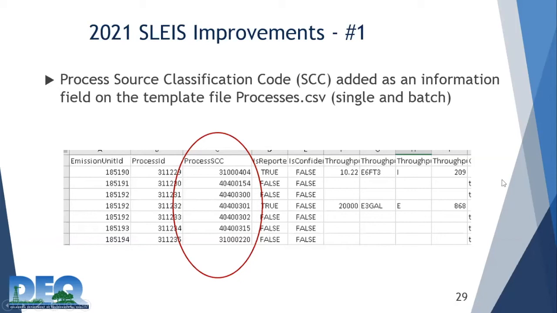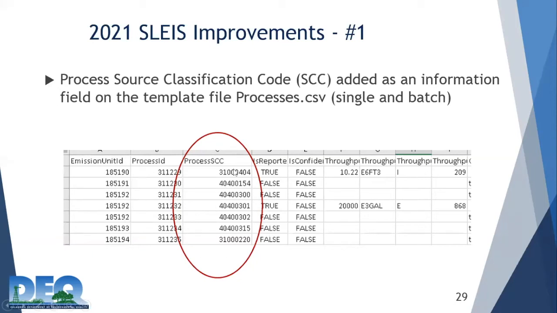So if you were using the template file instead of the front end of SLEIS for reporting, then it may have been difficult last year to keep straight which process was which, because people normally aren't tracking by process ID, but they may know the source classification code and know, okay, this code is for tanks and working and breathing losses and that type of thing.